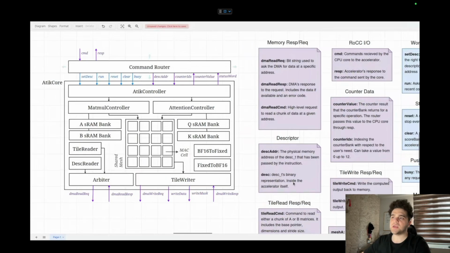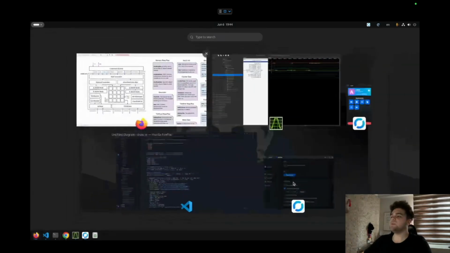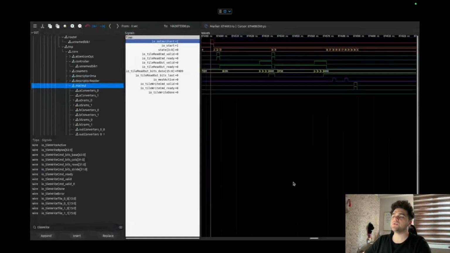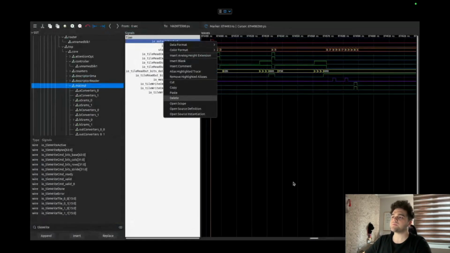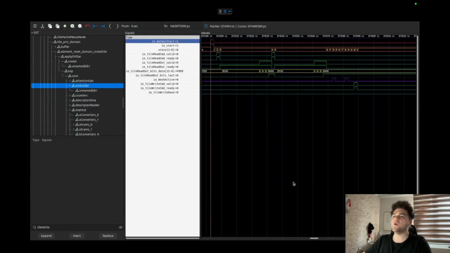Well, as you can see, because the Atik controller should tell the matmul, now you should start the matmul, we are expecting it to output. If I open the scope here, we are expecting that the Atik controller will tell the matmul to start at